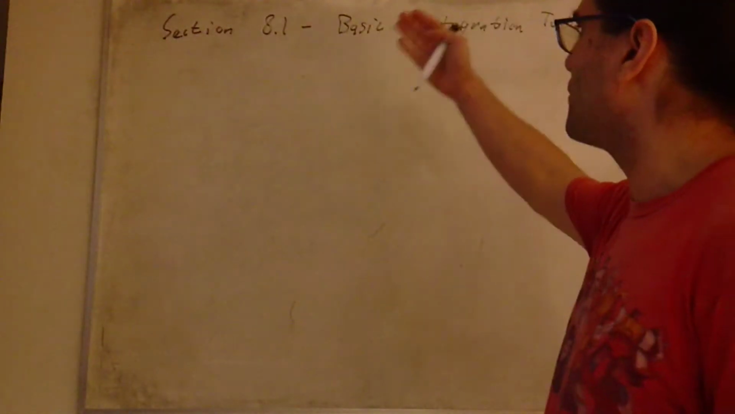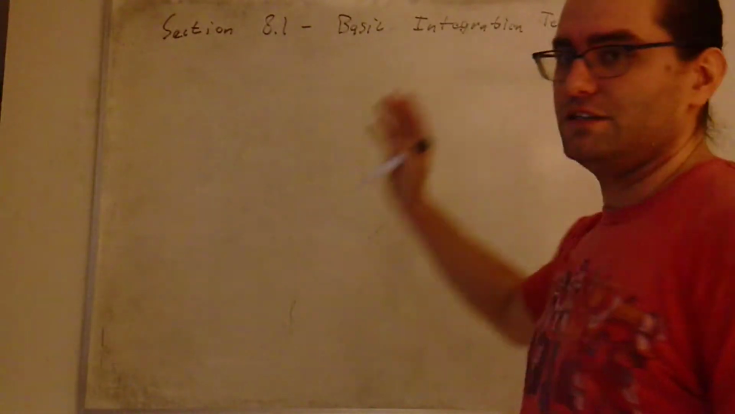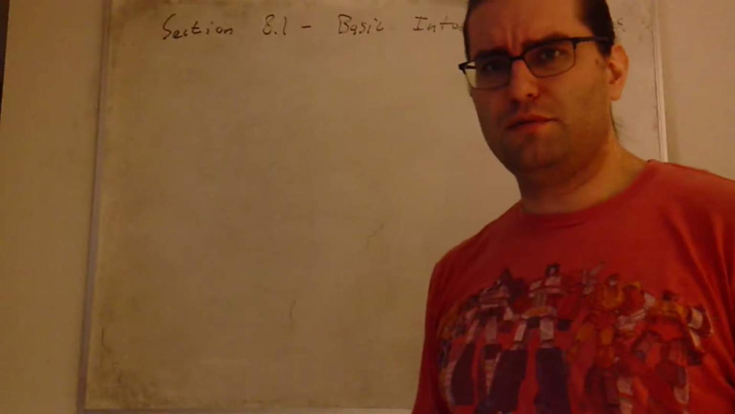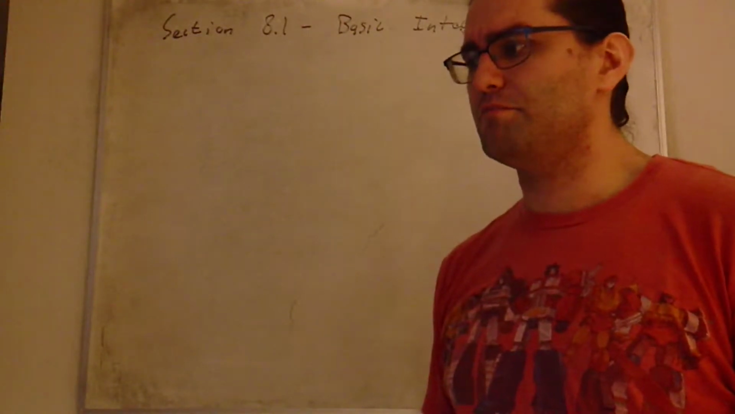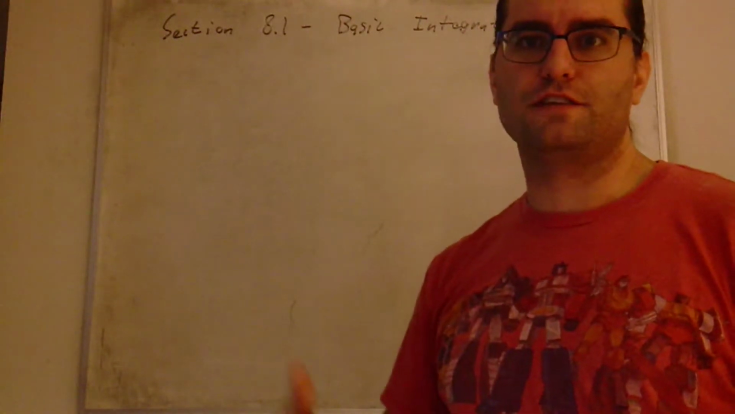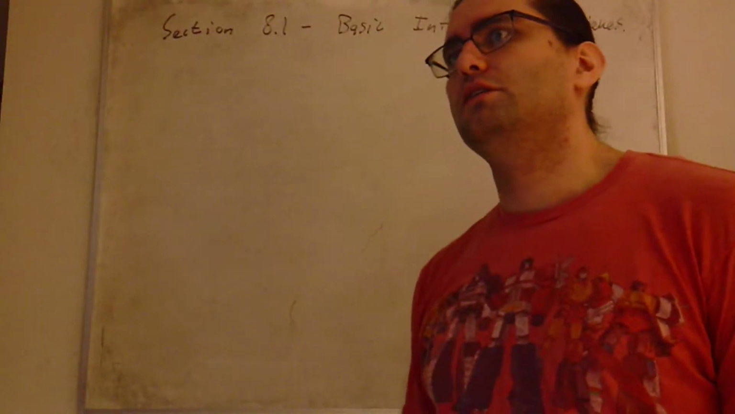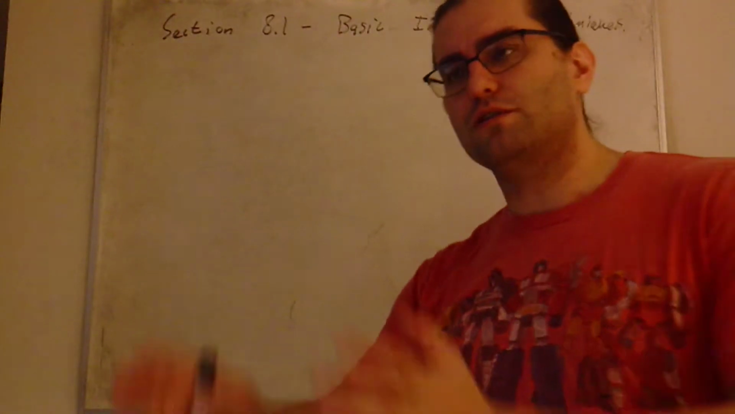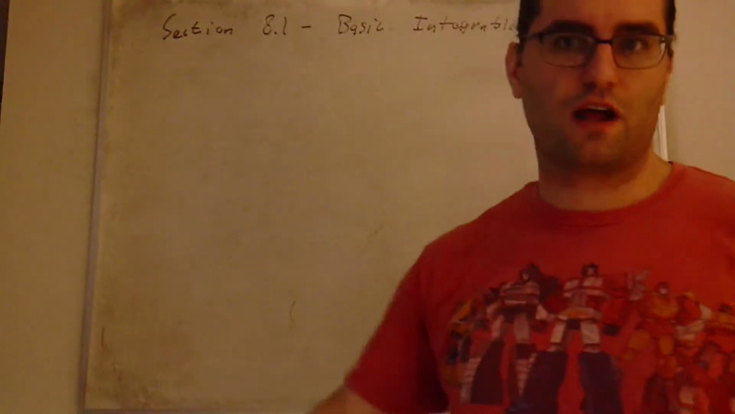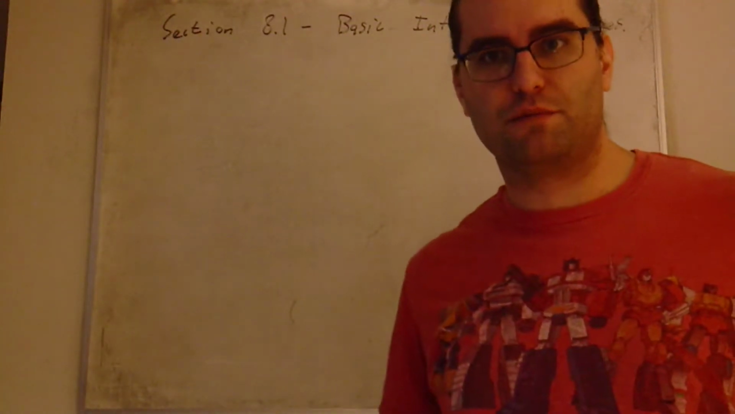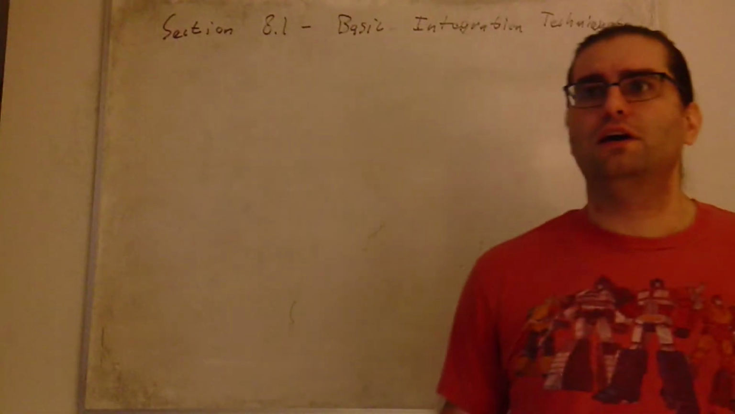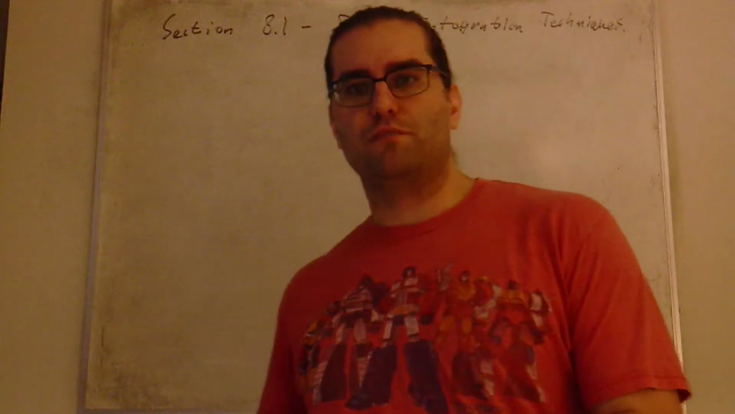Section 8.1 is titled Basic Integration Techniques, and it's a little bit weird. I am pretty sure that the author of this textbook expected everyone to go through it in order, and we are not doing that. We are skipping the entirety of Chapter 7. I don't remember what it's about, but we're skipping the whole thing, and we're going straight from chapter 6